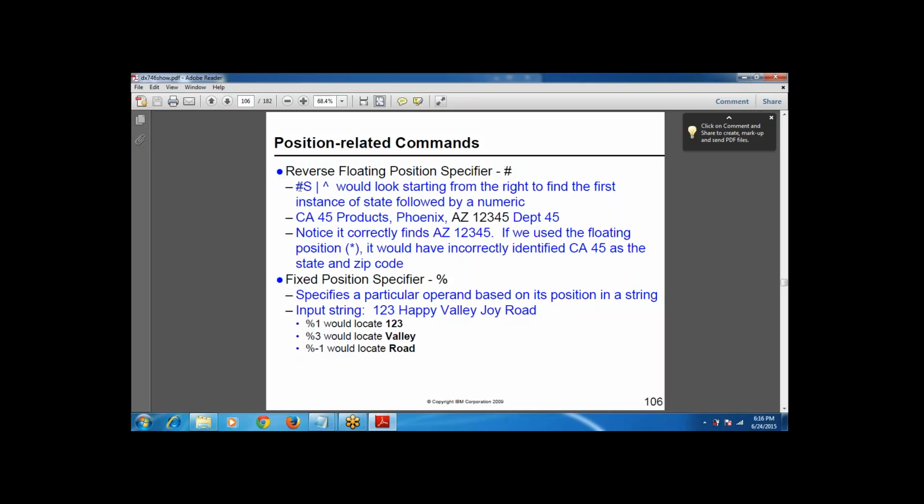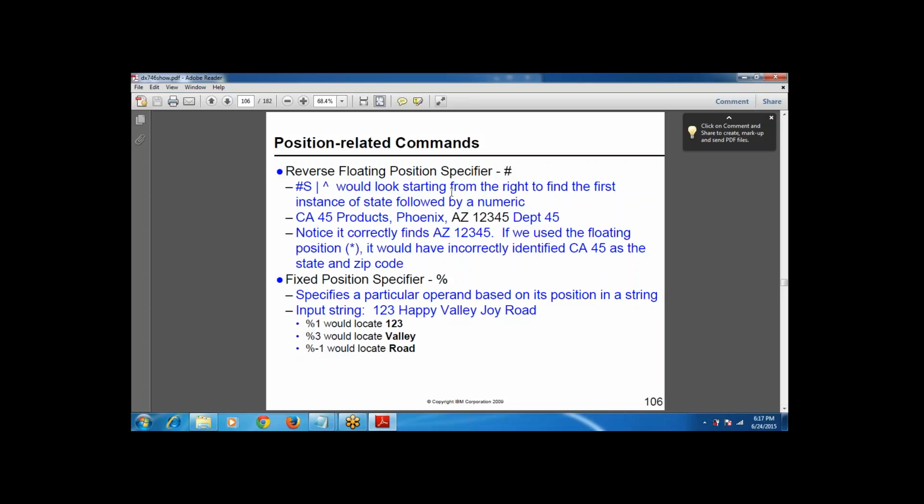let's forget about this hash symbol for now. Just check S and cap symbol, and try to analyze this particular example. CA45 products and Phoenix IAZ, or whatever it may be, they are giving it, right? So just forget about this hash symbol and then try S and pipe symbol and question mark. S is nothing but state, and cap is nothing but the numeric characters or numeric digits, or whatever it may be. So if you don't specify hash and you're just trying S and pipe symbol A, what it is doing